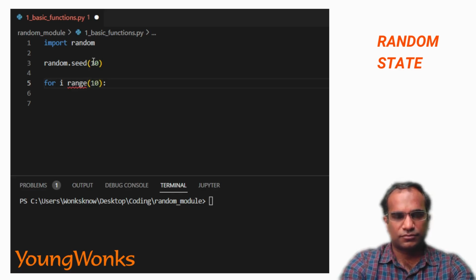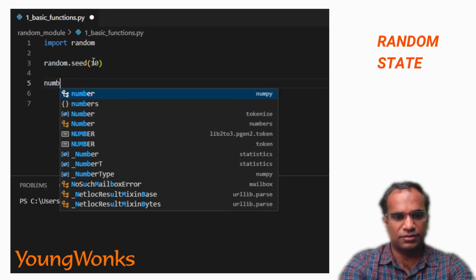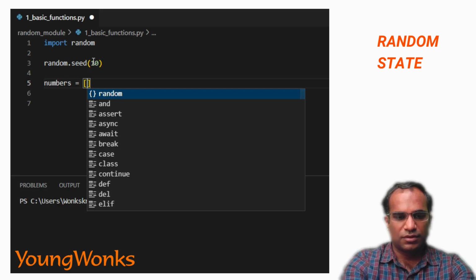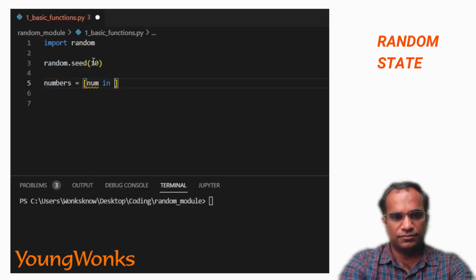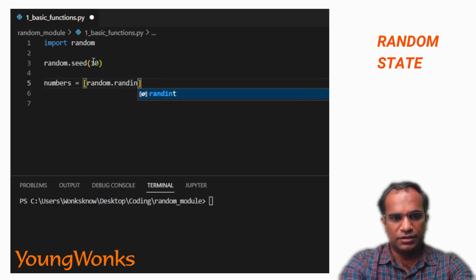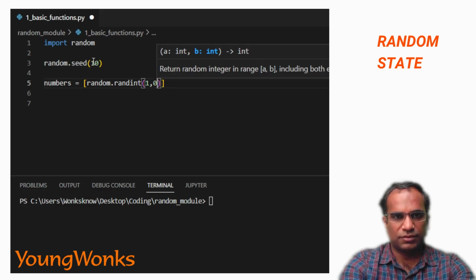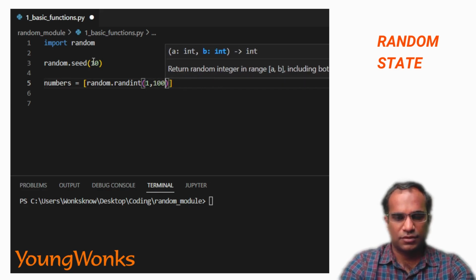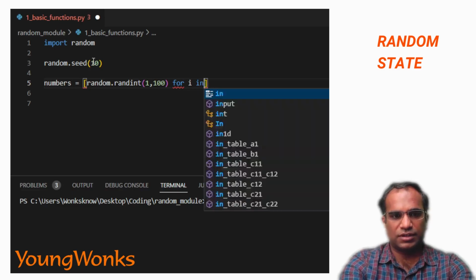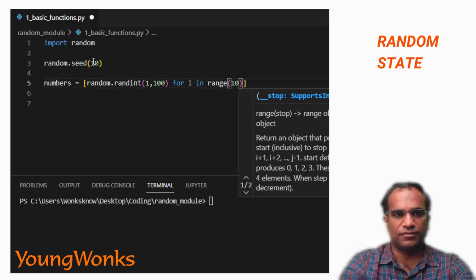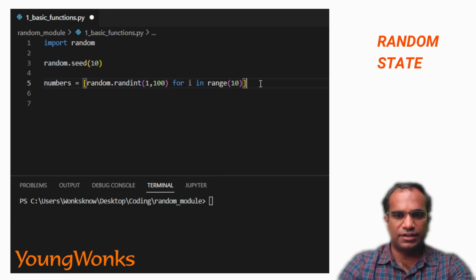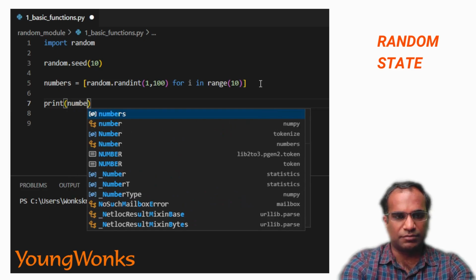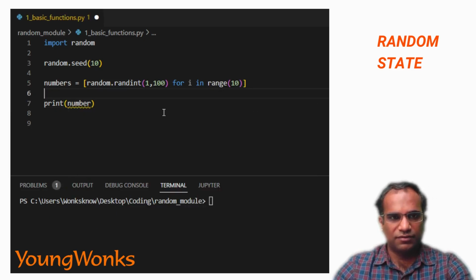Actually, let's make a list of 10 random numbers. numbers is equal to num in random.randint(1, 100) for i in range(10). This is a list comprehension method, and it will create a list of 10 random numbers for us, and we'll print these numbers. And what I want you to observe is